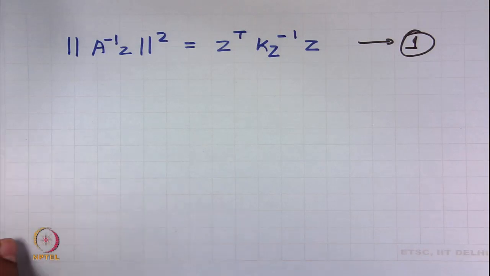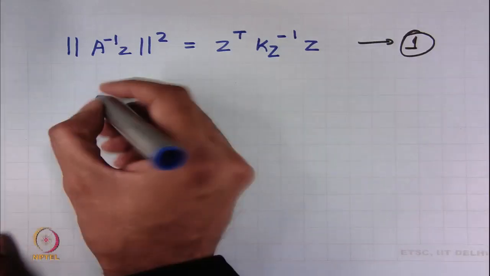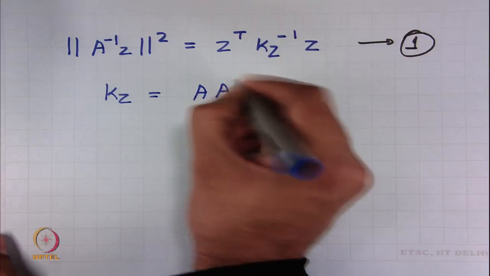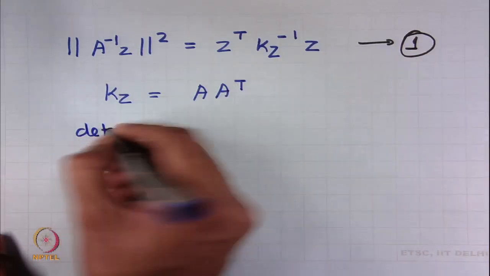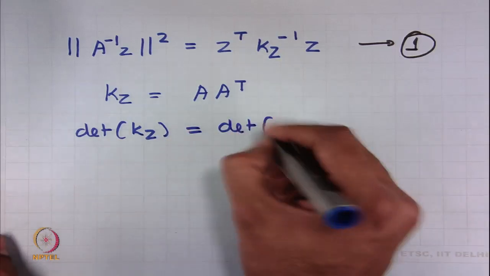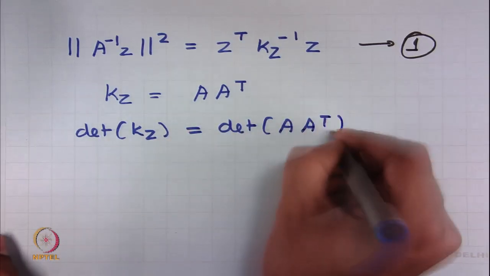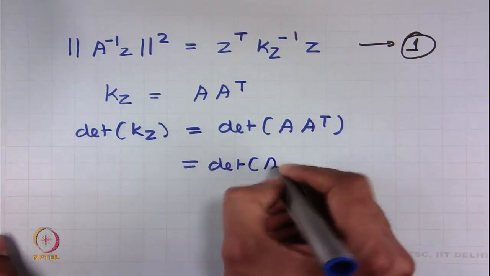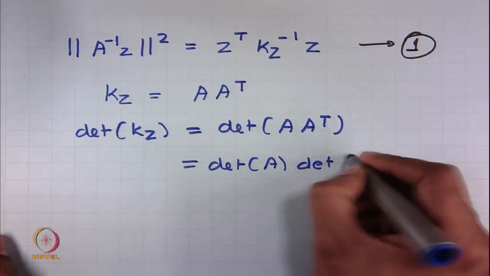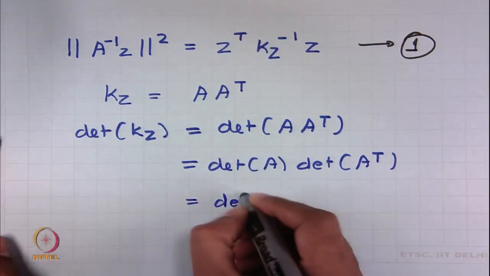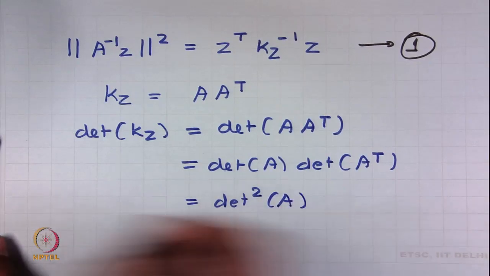Second thing that we want to see is that K Z is A A transpose. So, determinant of K Z is nothing but determinant of A A transpose, and this thing is same as determinant of A into determinant of A transpose, and determinant of a matrix and its transpose is same. So, this is determinant square of A